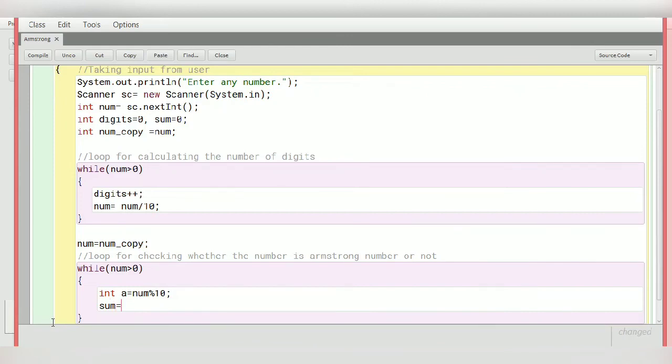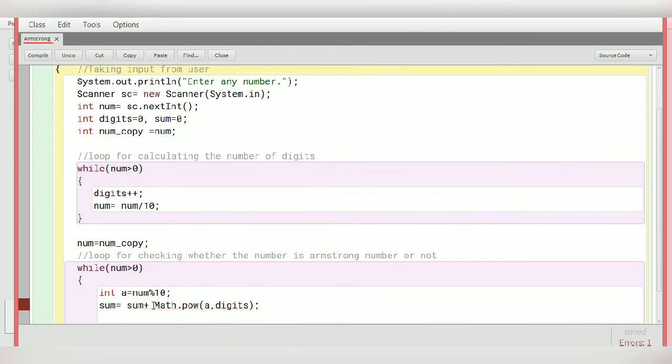We have the last digit. Sum is equal to sum plus Math.pow, so we are going to take the power function, a comma digits. We hold the number of digits, so according to that power we have to take. Okay, now something is missing over here.